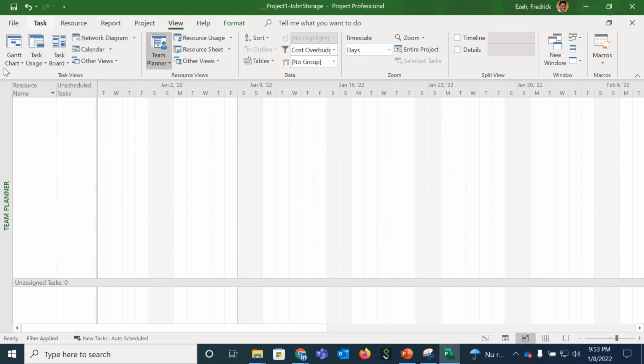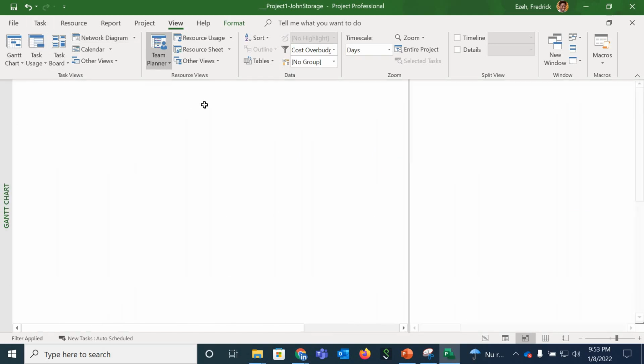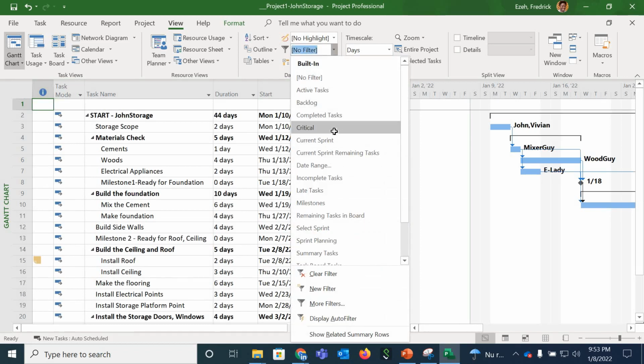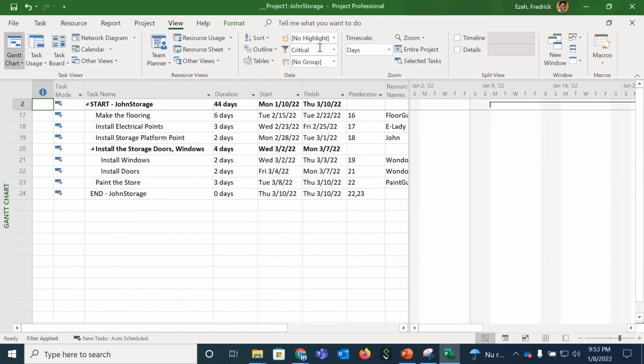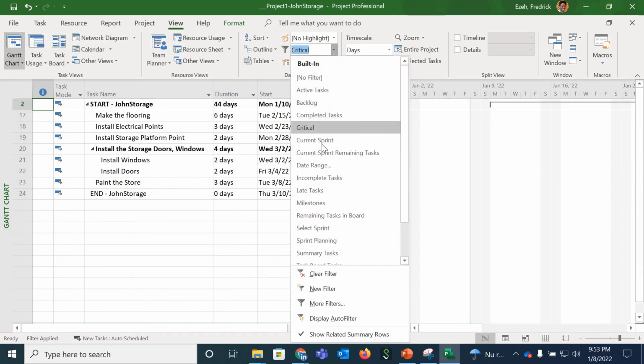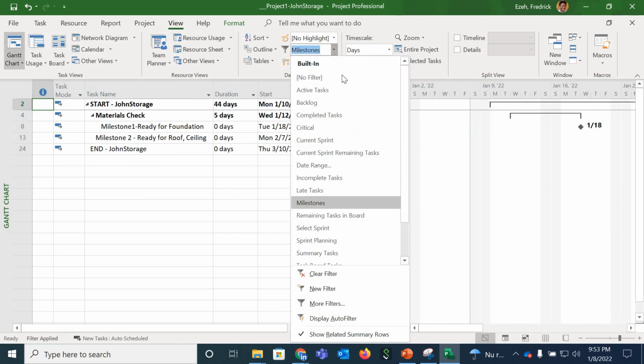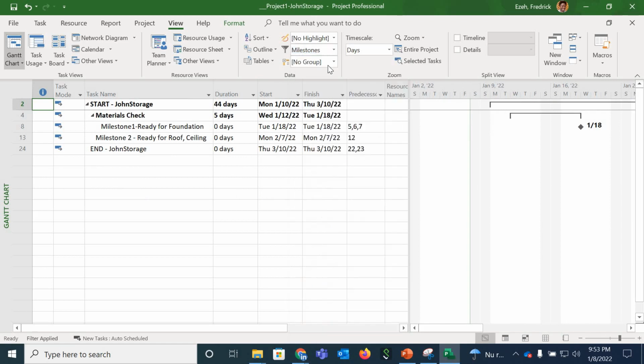So let's go back to the Gantt chart, and we can filter based on critical, like we said, all the critical tags. Or you can filter on something else, milestones. You can see all the milestones. And what you can also do is